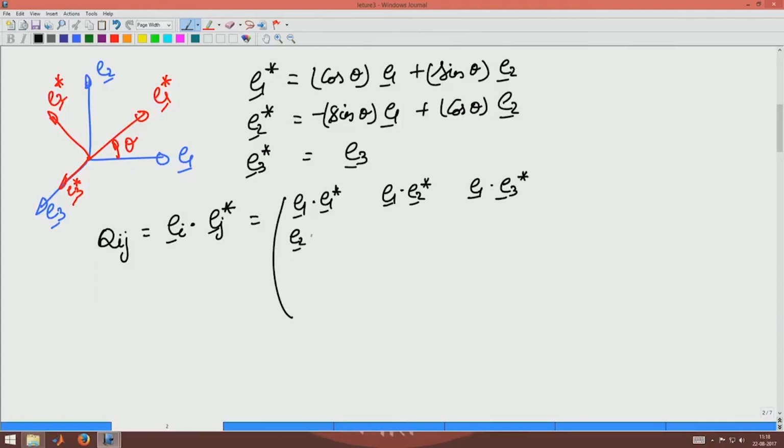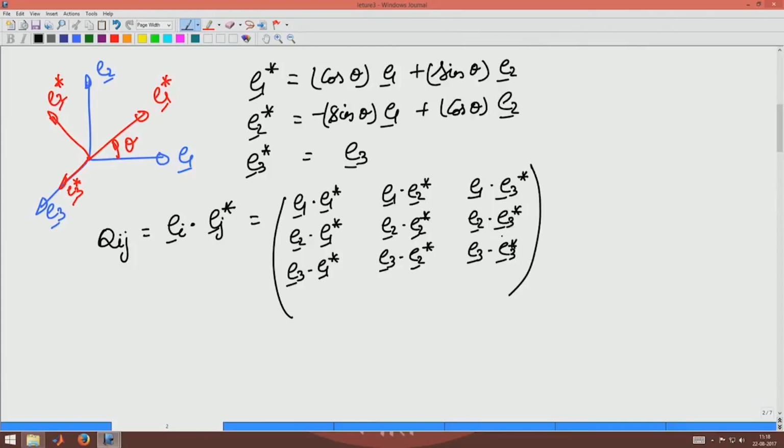Here it is going to be E2 dotted with E1 star, E2 dotted with E2 star, E2 dotted with E3 star, E3 dotted with E1 star, E3 dotted with E2 star, E3 dotted with E3 star, and for this